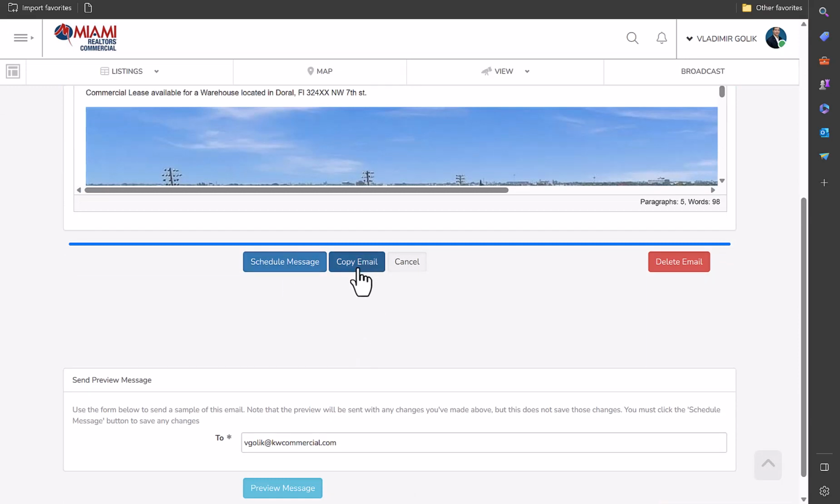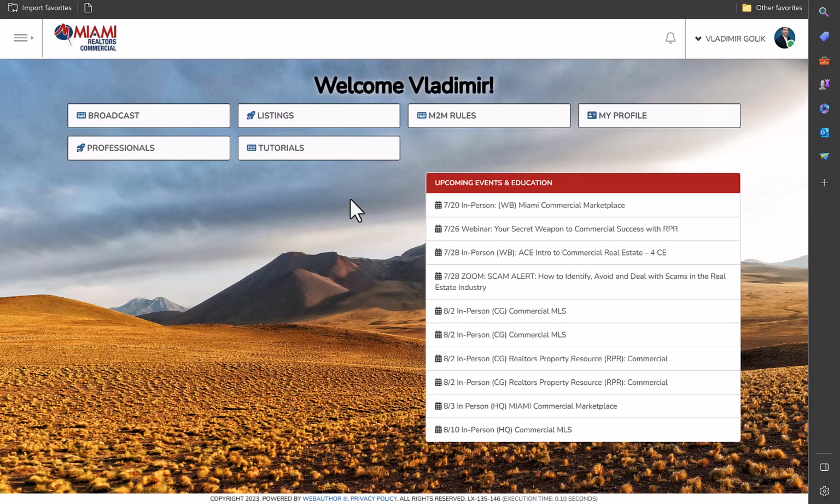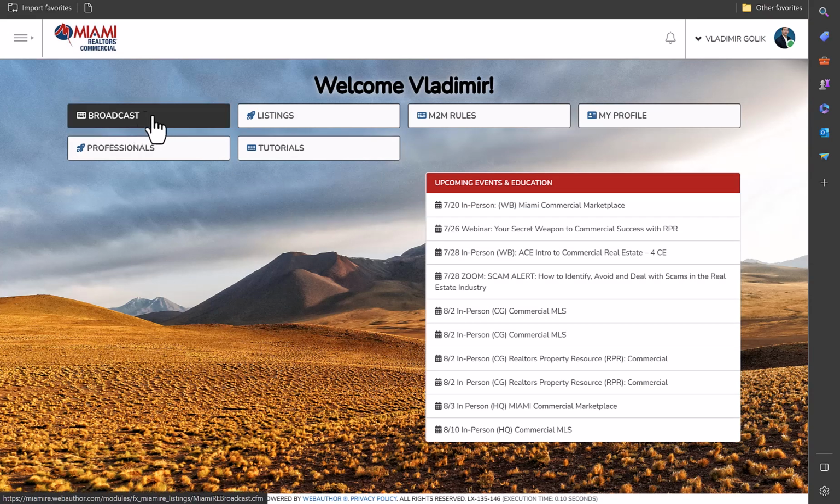You also have the ability to copy the email if you would like. You also have the ability to preview the message prior to scheduling the message. Within this menu, you also have the ability to delete the email that you have saved by clicking the Delete Email button here. In the previous example, we went over how to build a commercial broadcast from scratch utilizing this